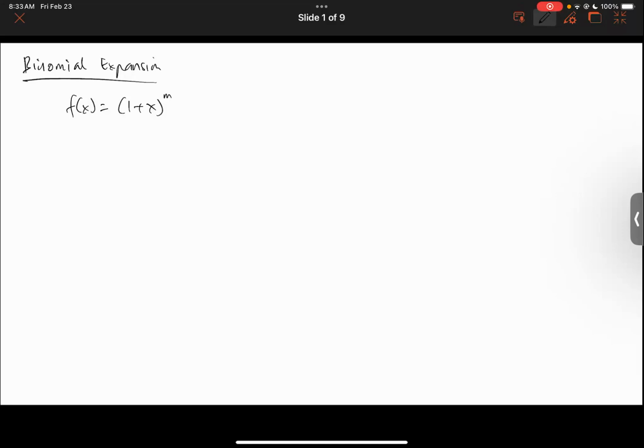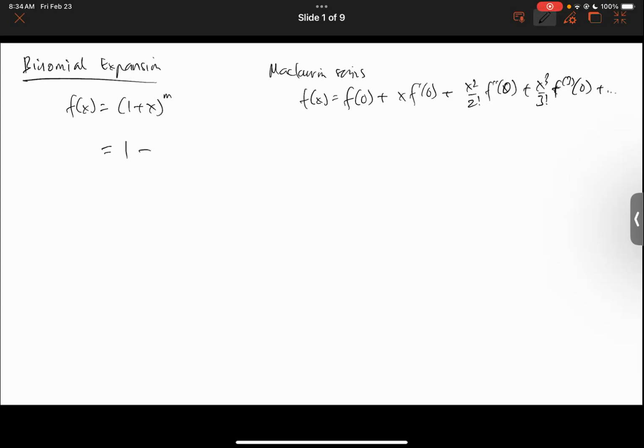Okay, so if you recall, ang Maclaurin series is an expansion about x equals 0, so f of 0 plus x f prime of 0 plus x squared over 2 factorial f double prime at 0 plus x cubed over 3 factorial f third derivative at 0, and so on and so forth. So let's consider the first term, f of 0. This f of x simply becomes f of 0, which is 1 plus 0, or 1 to the m, or just 1, and then plus